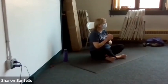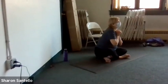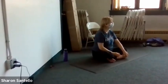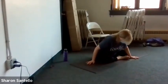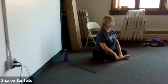Create some small movement in your fingers and toes, hands and feet, elbows. Take a moment to roll onto one side. We'll end in our easy sitting pose,